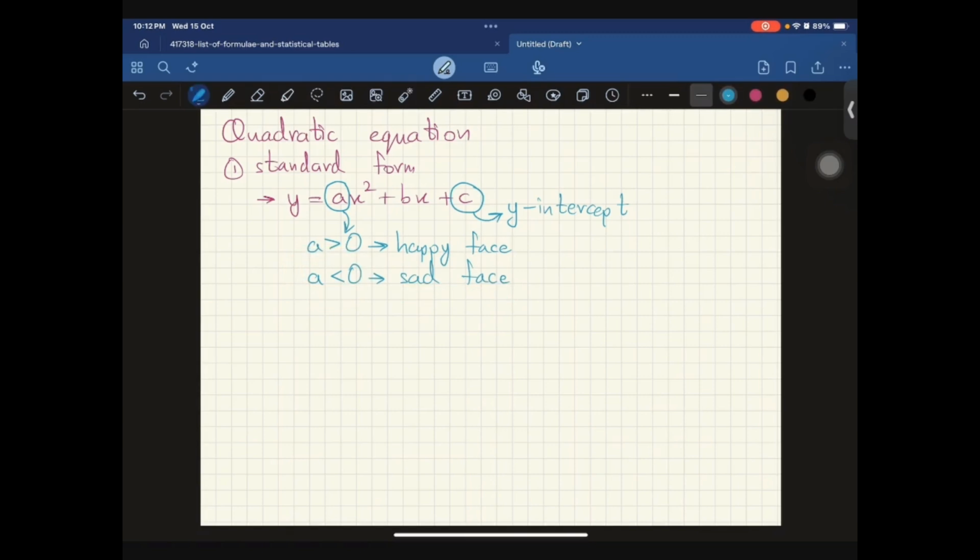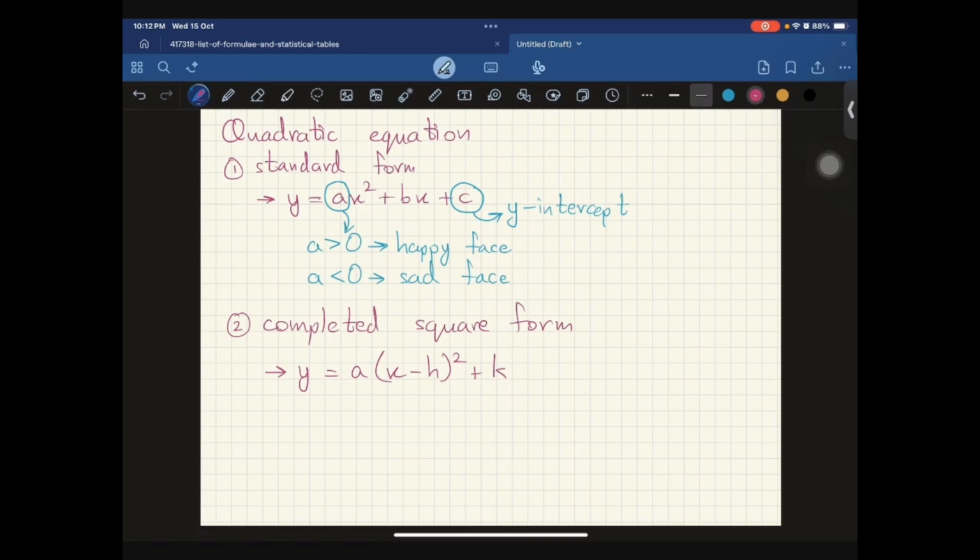Okay, that was the standard form. Now let's move on to the next form. So the next form of the quadratic equation is the completed square form. So the completed square form is something like this. So there's y equals a times x minus h squared plus k,